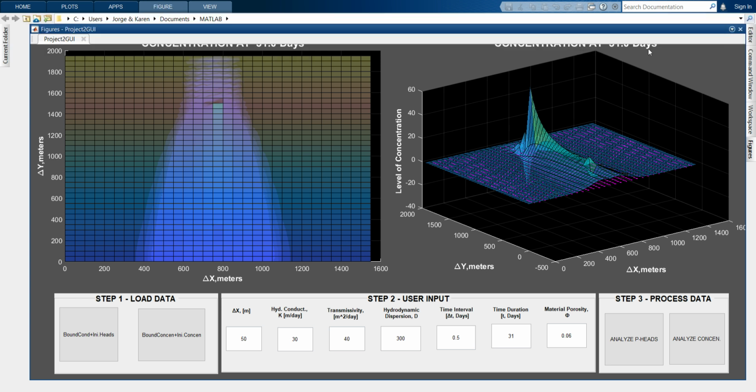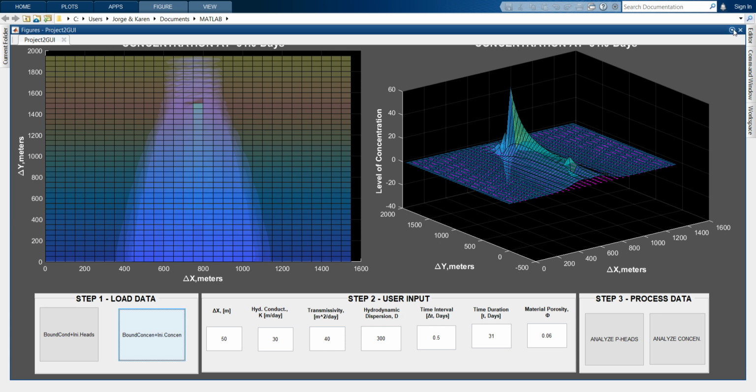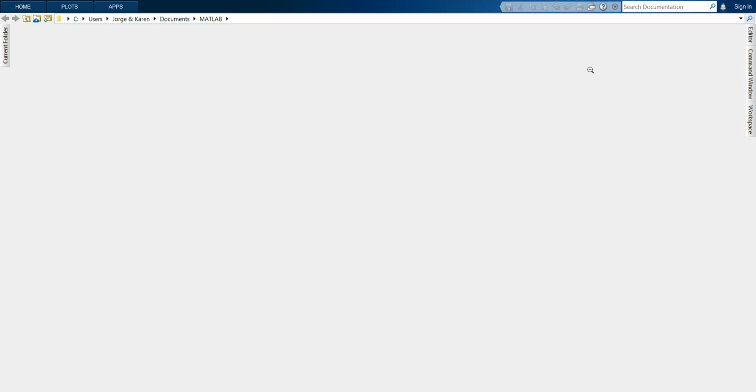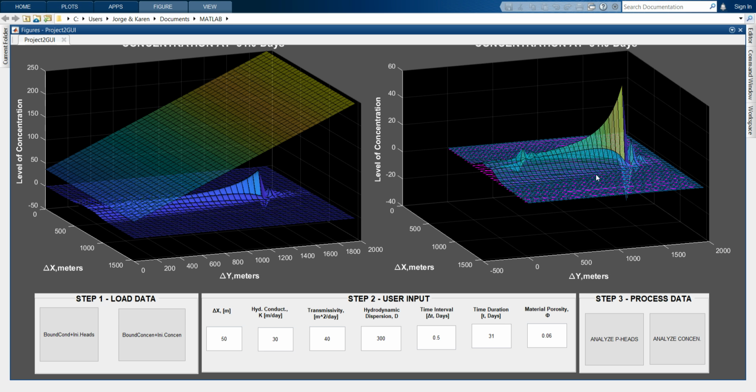Let's see if I can make adjustments here. Now, after rotating these files, we can see that